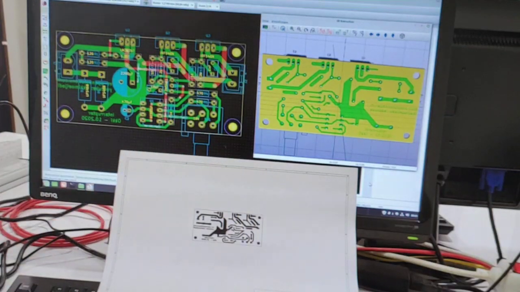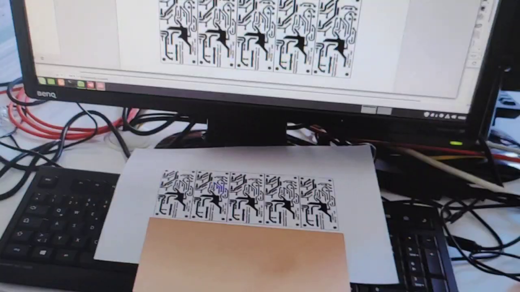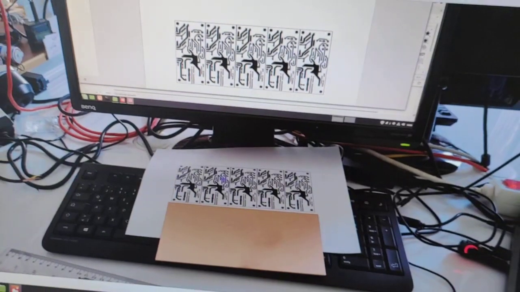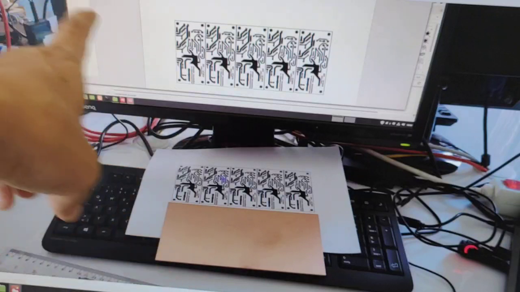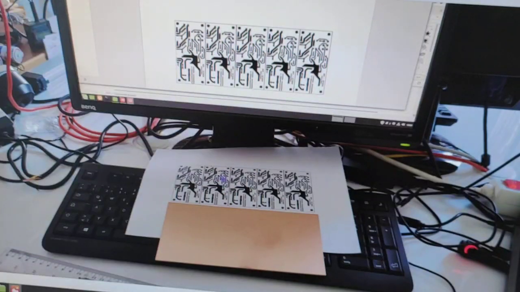It is finished. Okay, this is the PCB from Gimp software,